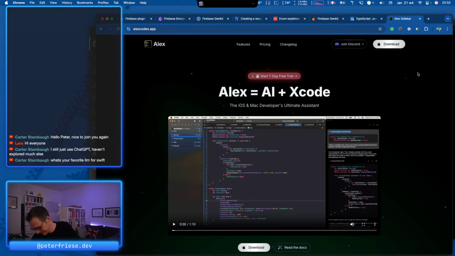So it would have taken me a lot longer to implement this myself. And I have no intention of becoming an expert Chrome extension developer, so it's a perfect tool for me. All right,